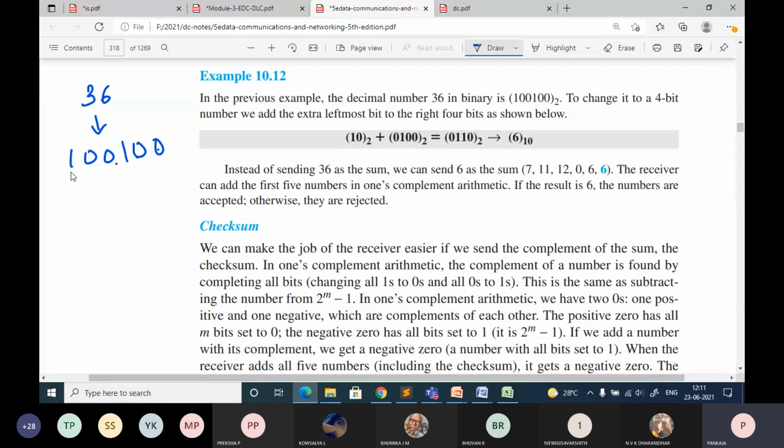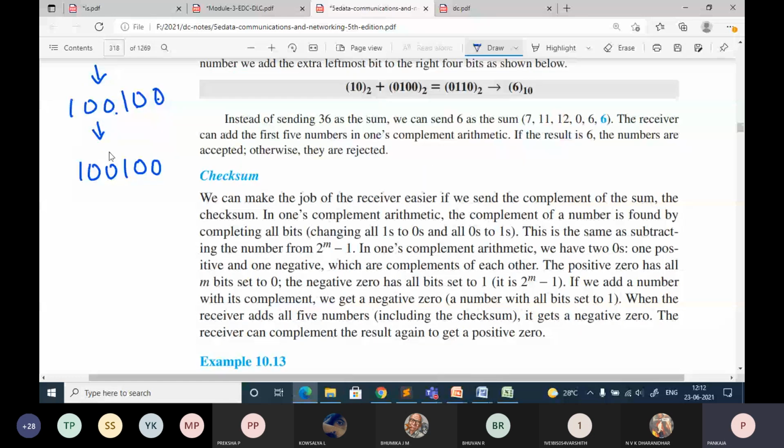So now I need to convert this into 4 bits. You just write it as it is, 1 0 0 1 0 0. Very clearly given in the block diagram, I have to split into m bits.